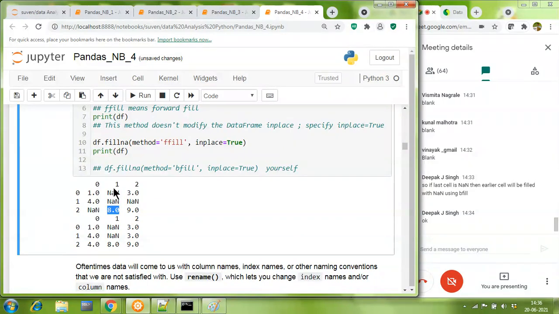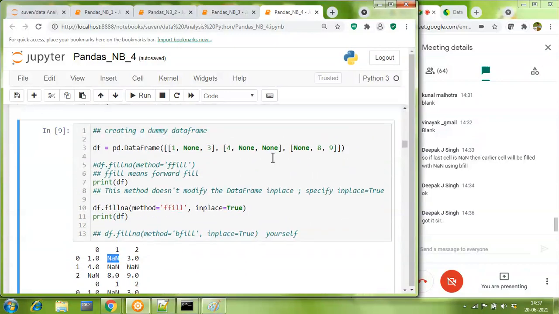So what the data frame does is it understands that this entire column is of type numeric and therefore is typecasting, meaning converting the none into a number, and it fails to convert it, so it gets a NaN, not a number. And you can notice here, Deepak, because we're doing forward fill, nothing changes because there was no value before this NaN. As this is the very first one, it remains NaN. So obviously it remains as it is. Okay. So I want you all to please try this code and do try the example which Deepak also mentioned.